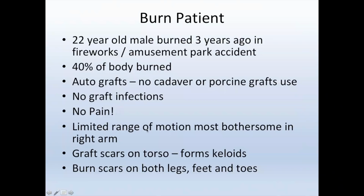But the limited range of motion was the most bothersome in his right arm. So that's the only thing we undertook. We just had him for an hour during this demo at the seminar. When we took his shirt off, and he has compressive garments. I don't think we got a picture of his garments, but